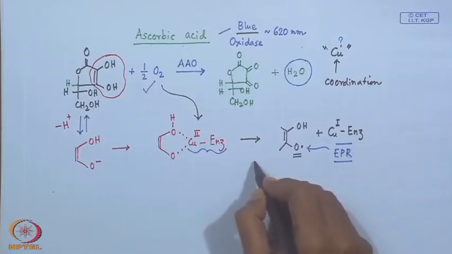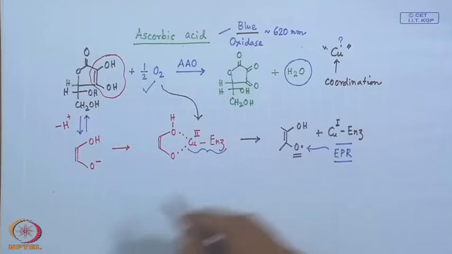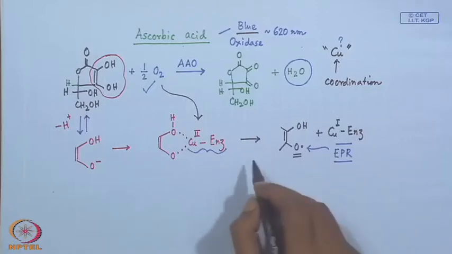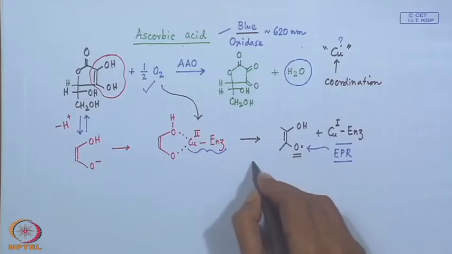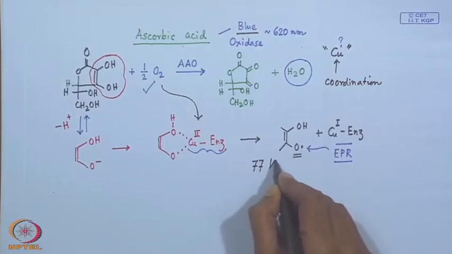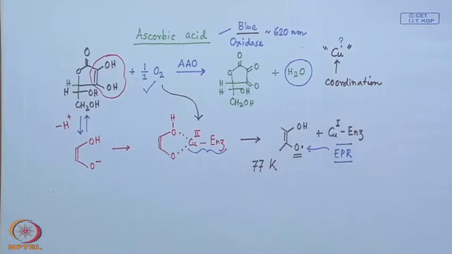So, some solvent mixture is there, acetonitrile or dichloromethane or some mixed solvent like acetonitrile benzene or acetonitrile toluene. Those solvents can be frozen at a temperature of 77 K, which is our